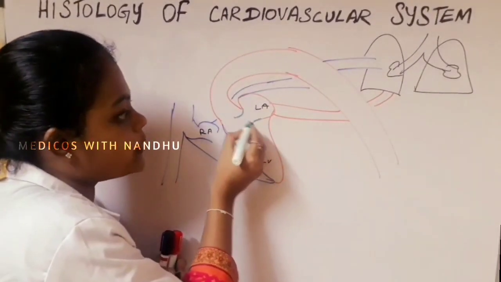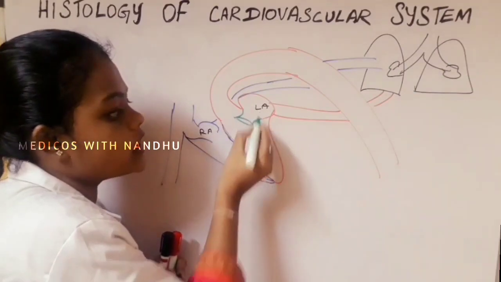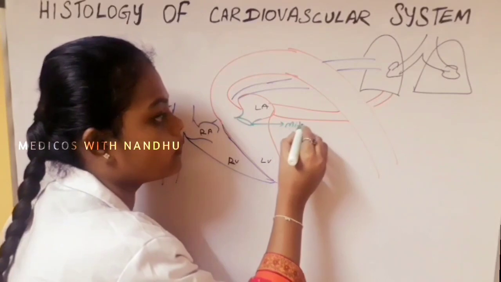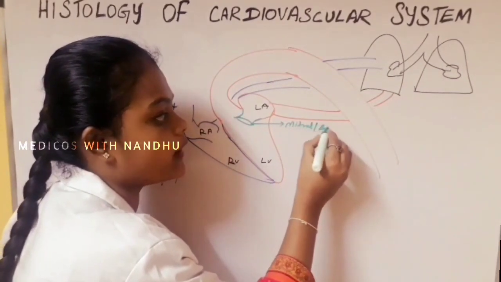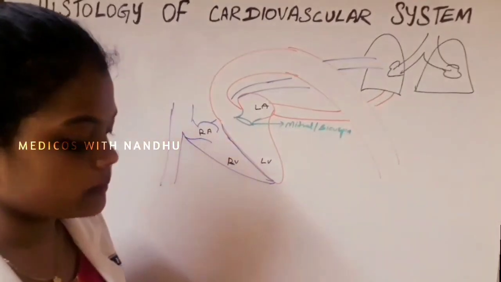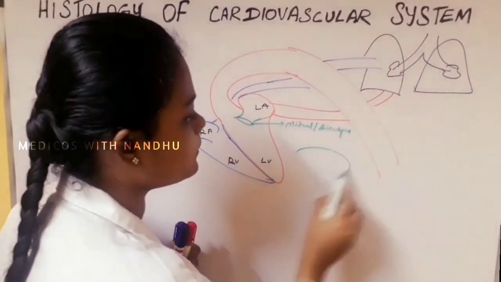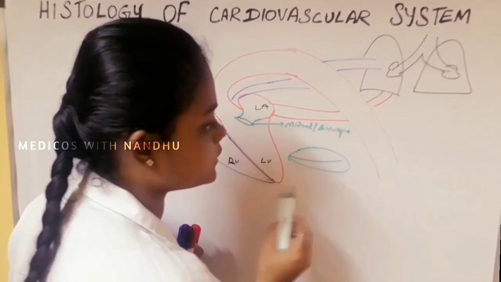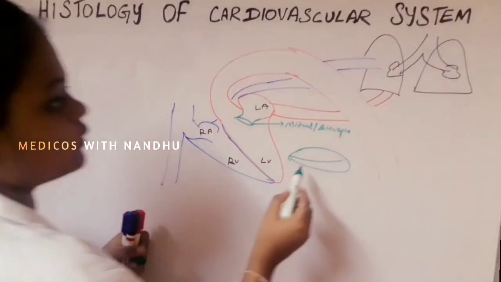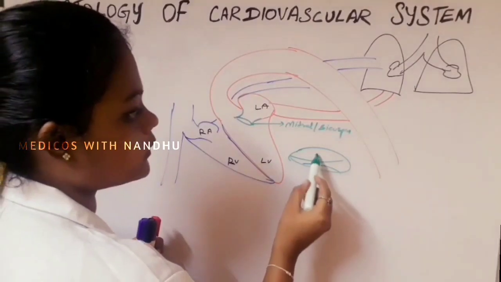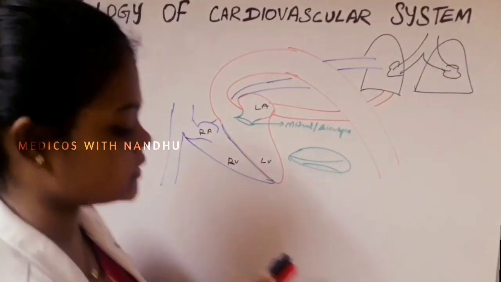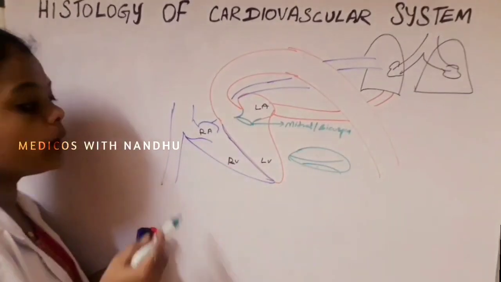the valve which is present between the left atrium and the left ventricle, known as the mitral valve or bicuspid valve. Bicuspid means the cusps will be two, on both sides like this. Okay, next. So here two cusps will be present,